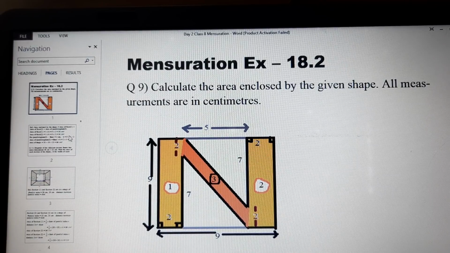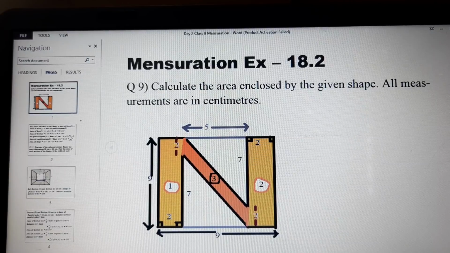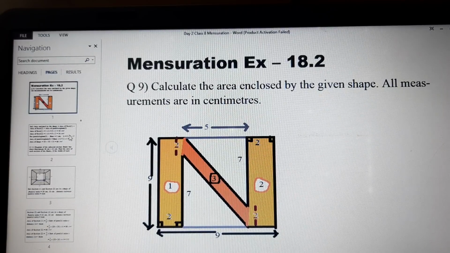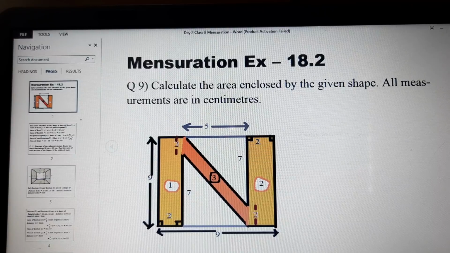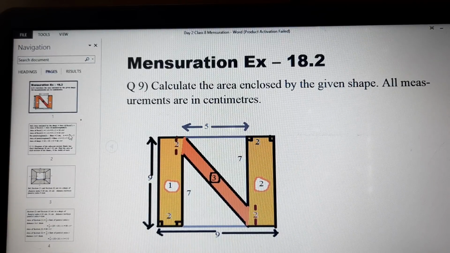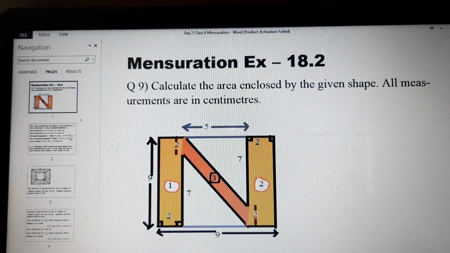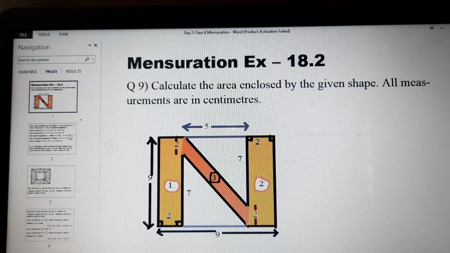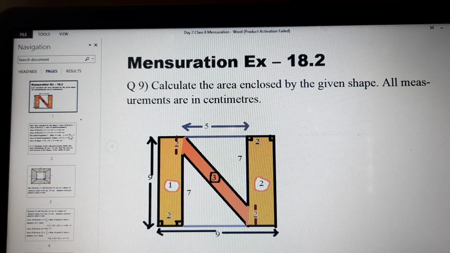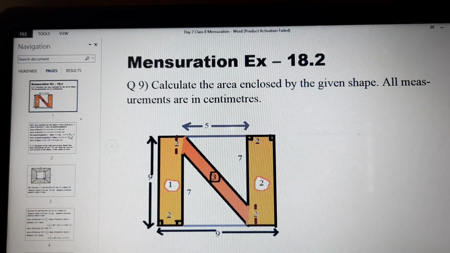Today we are going to study how to calculate the area of polygons, and those polygons will have rectangles, parallelograms, trapezium, rhombus. Okay, so they all will be there in that particular shape or polygon, and we are supposed to calculate the area of the given shape or polygon. Fine. So let us see. First of all, we have to look at the shape which is given very properly, and then we have to identify which geometrical shapes are present in that shape.